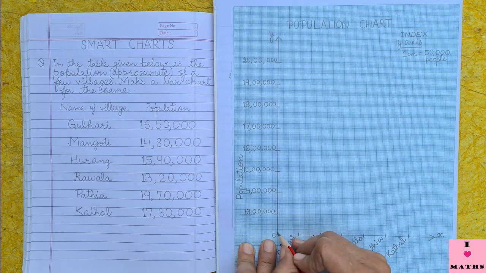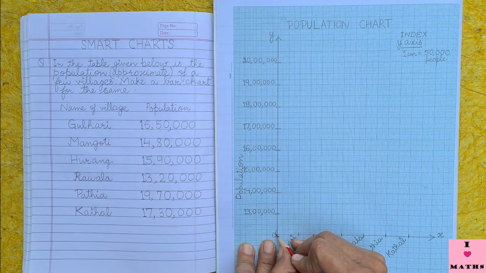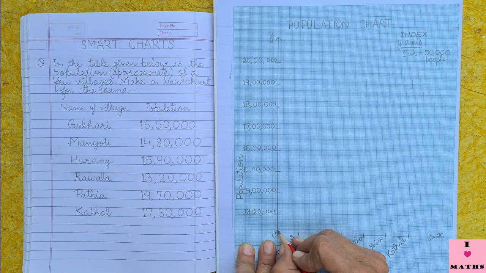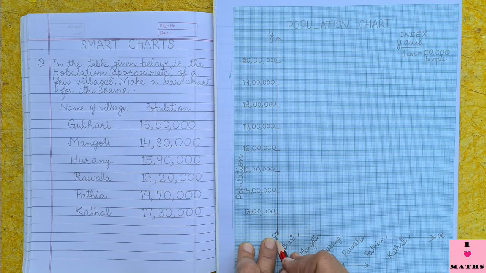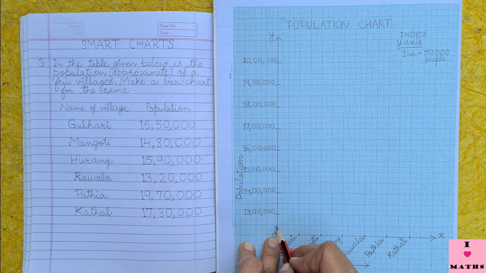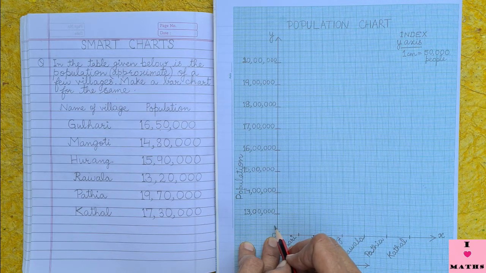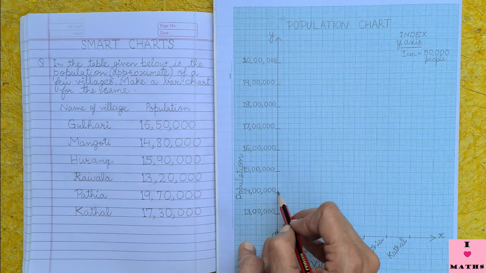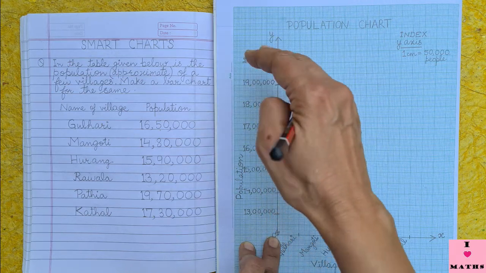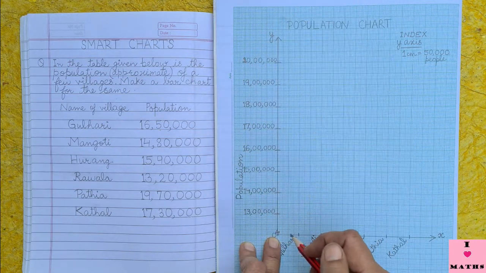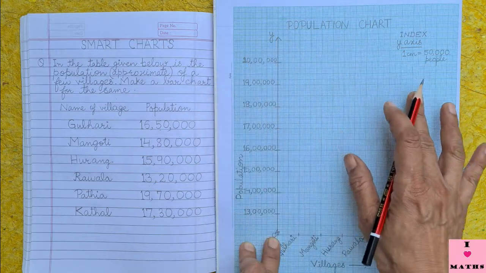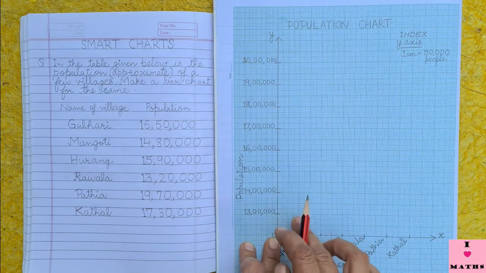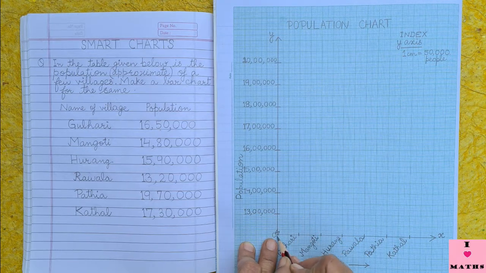So I am going to put a symbol here, and this symbol is called a kink. This kink is put when we cannot start from zero and plot 1 lakh, 2 lakh, 3 lakh, 4 lakh, 5 lakh, 6 lakhs, and so on, because it will take too much space, and that much space is not there on our paper. So in that case, what we do is put a kink.